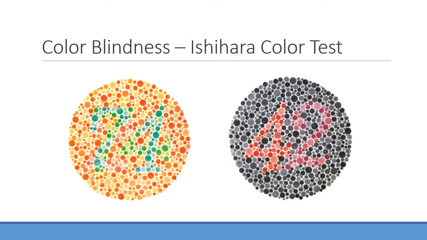So how can you test for that? Well, they have these nice plates. These are called the Ishihara color test. So again, what's the first number over here? It's actually 92. You guys are all colorblind. I hate to tell you. Just kidding. Yeah, so 74. How about in the next one?